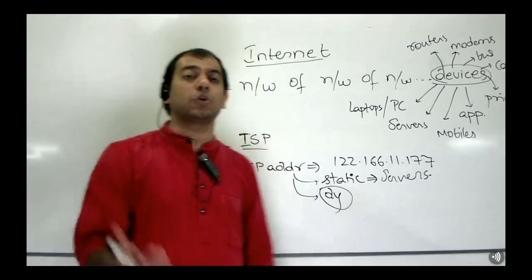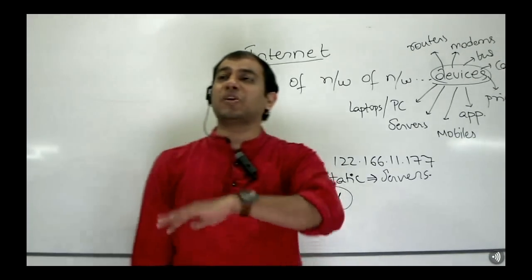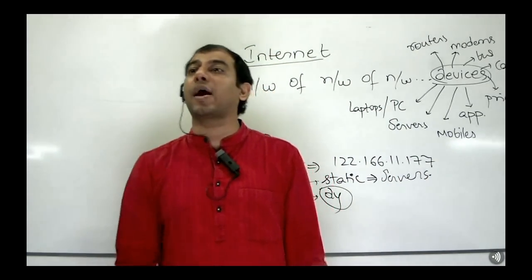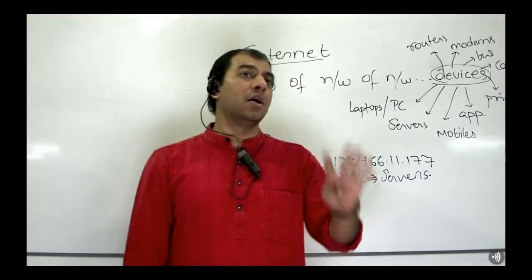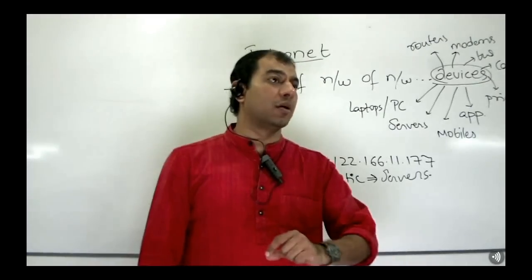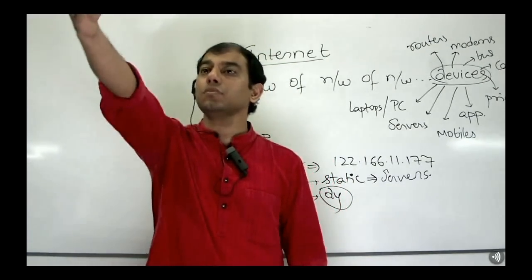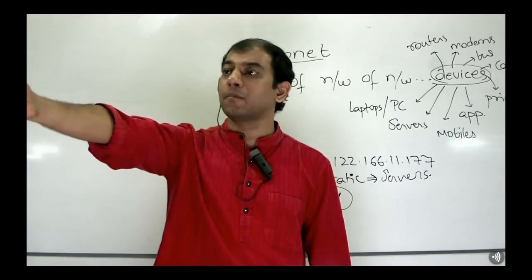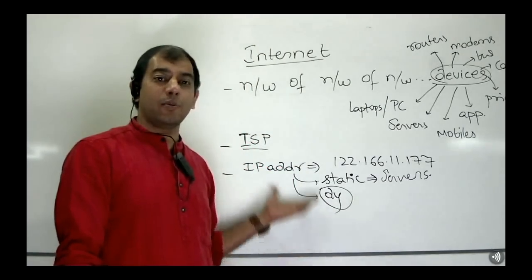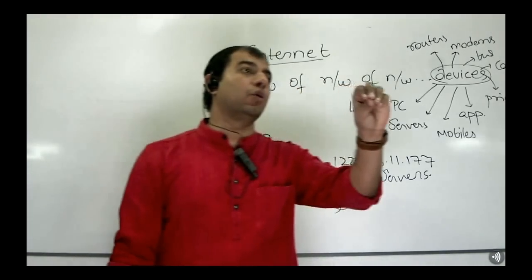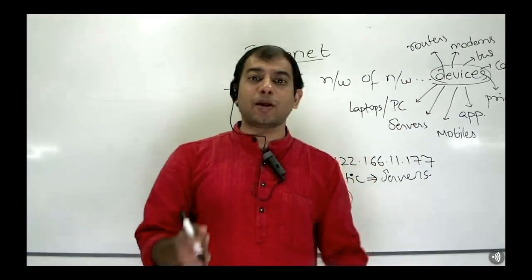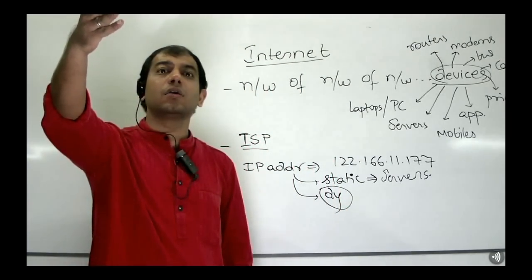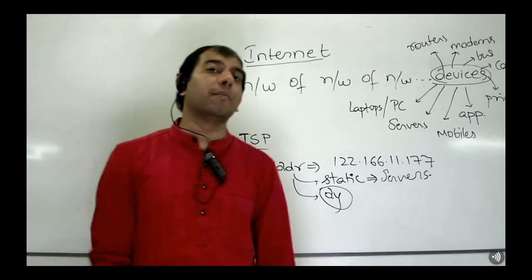But first answer me this question. How is it that hundreds of ISPs across the world ensure that a unique IP address is given to all the devices that connect via it? How is it done? Because there are 4 billion devices participating on the internet at any time. How is it ensured? Come on. Subnet mask? No, not based on that. Yeah. This is general knowledge, guys. Everybody knows this. ISPs is what we connect to get an IP, isn't it? But how does the ISP make sure that it is a unique IP? By? Oh, well, what does that ranging mean?